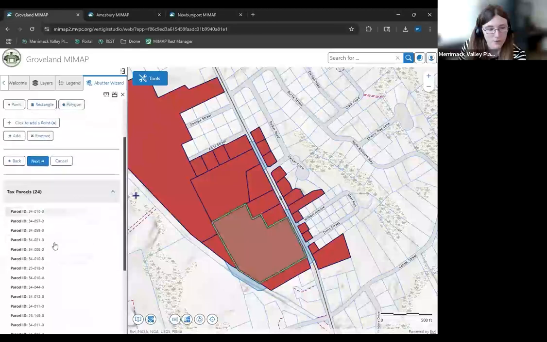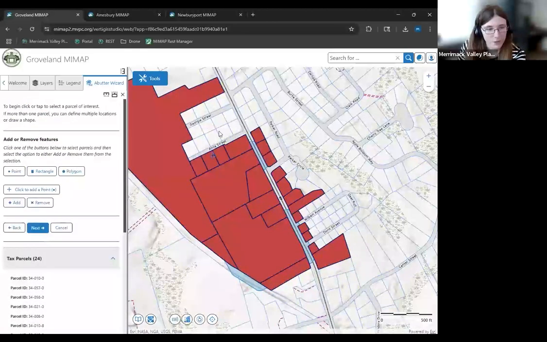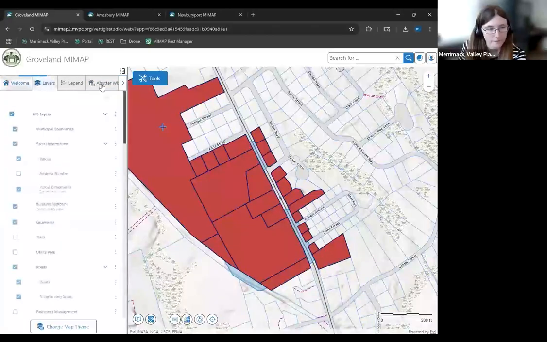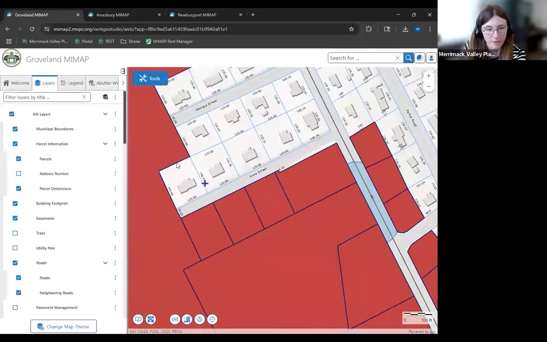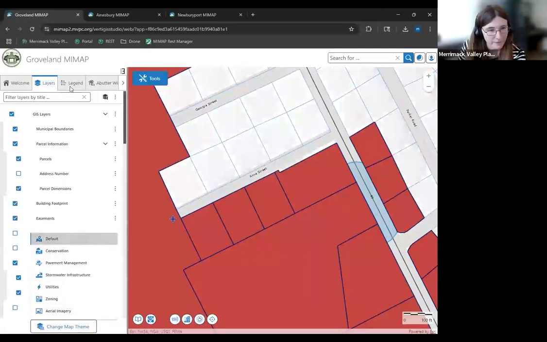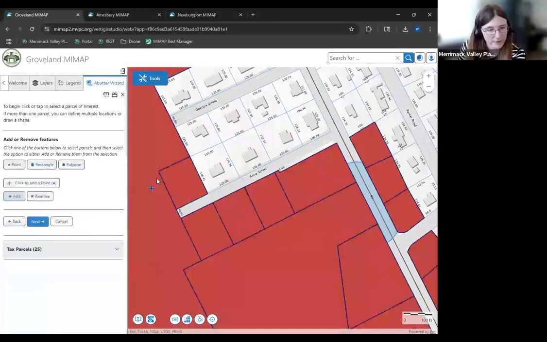And you can always open this to see what exact parcels you have selected by ID. And of course, while this is open, you can still interact with other parts of your program as well. So for instance, if you're looking at this and you're like, I don't remember what house it was here, but I know it was one of these houses that I really wanted to make sure I messaged. You can go to change map theme and go to aerial imagery and be like, oh, wait, yeah, it's this house, this one that has the trees on the edge. And you can just continue on with your abutters list and add that parcel.